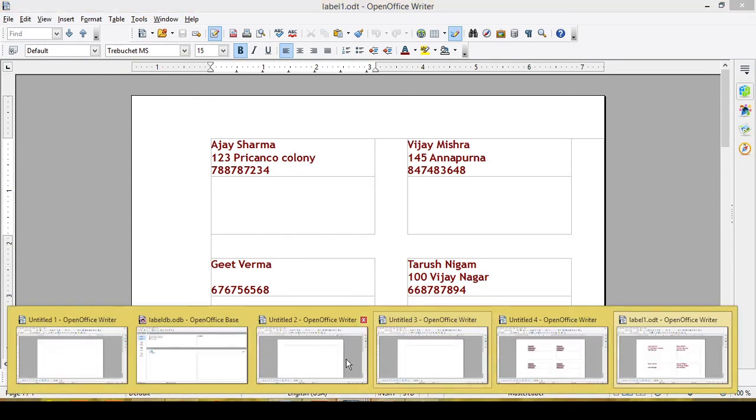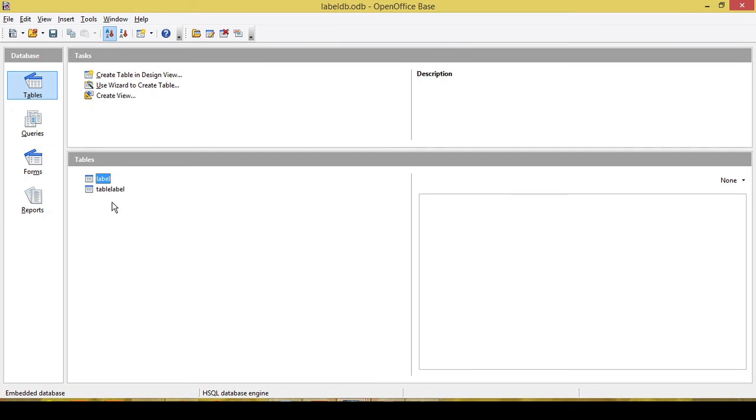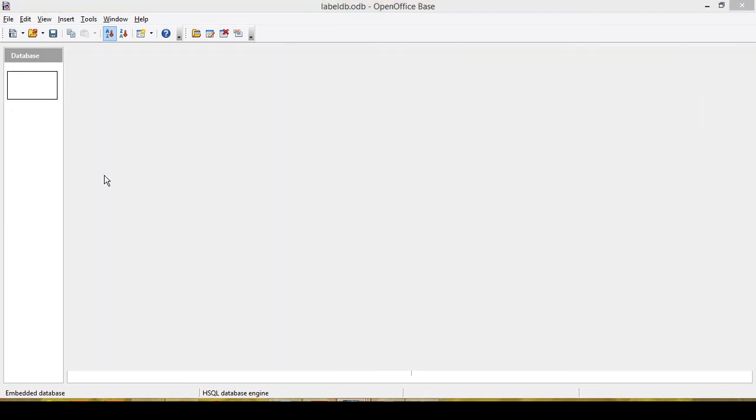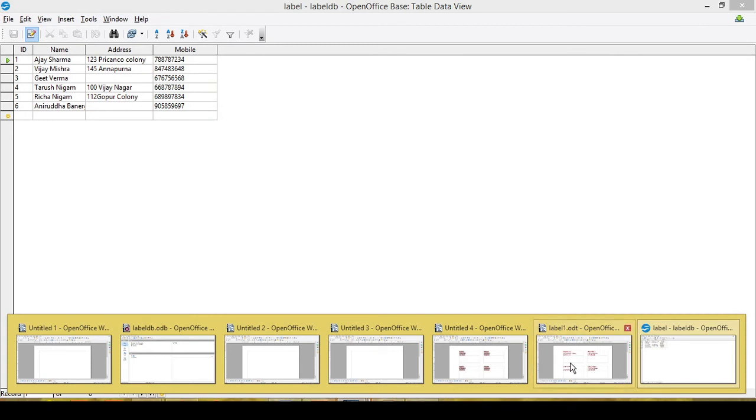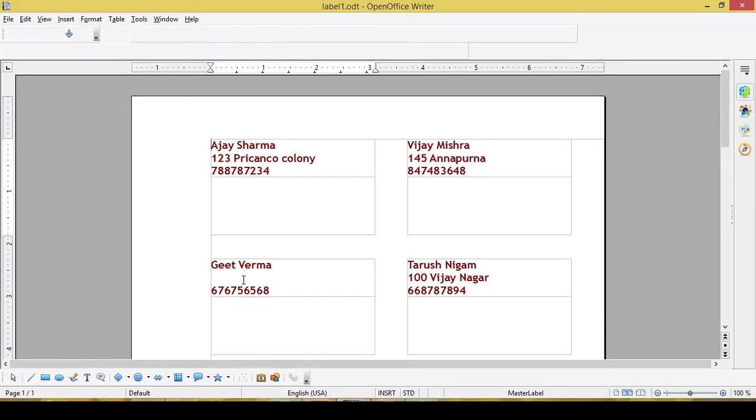Let me show it to you. When I double click this, you can see I have kept the address field null for 2 records. That means I have not inserted the data for these 2 records. Now in such cases, when you print your label, you'll get this blank space.